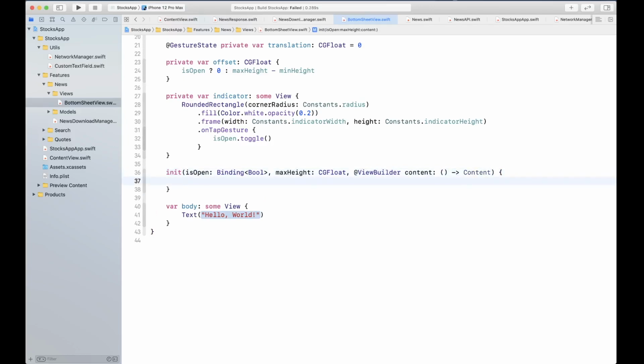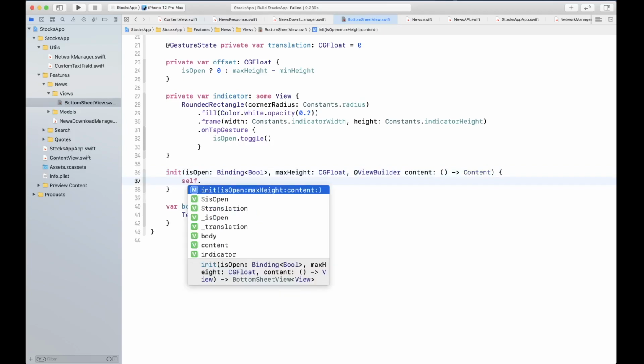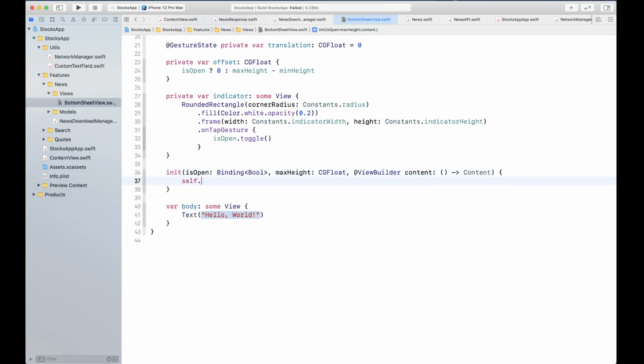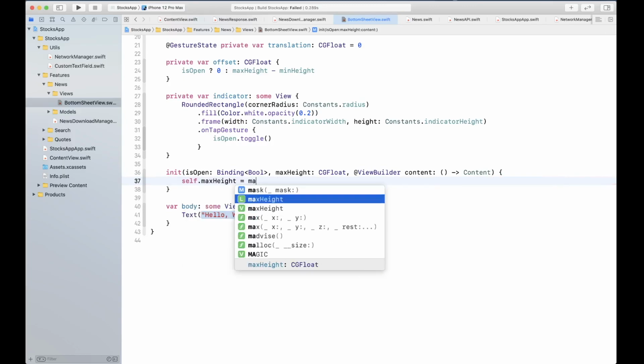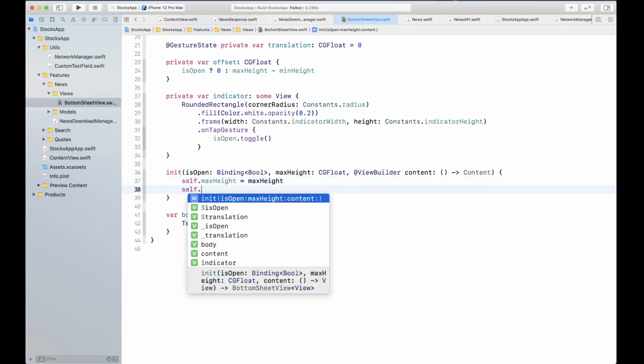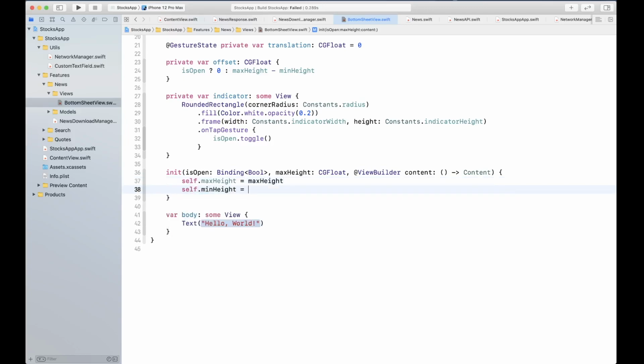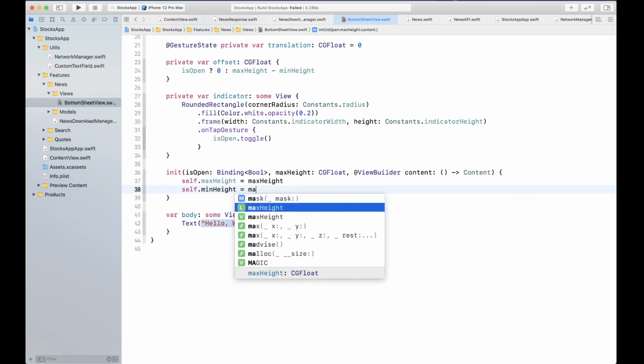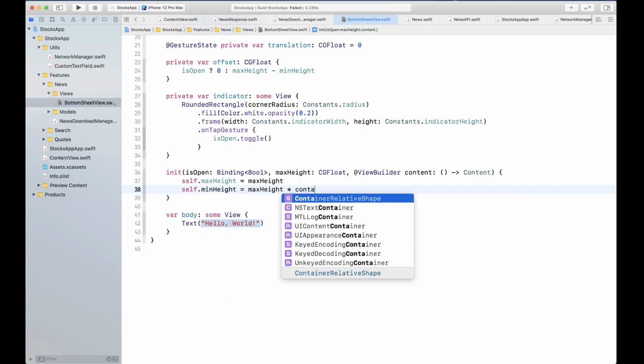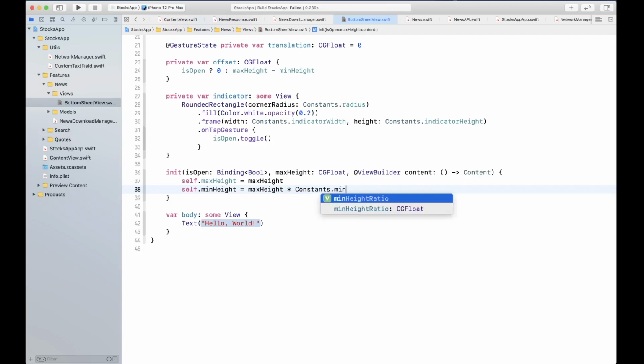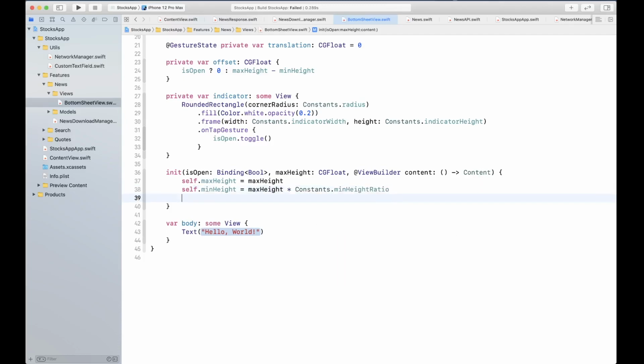First, we take our max height and assign it. We compute the min height as max height times constant dot min height ratio.